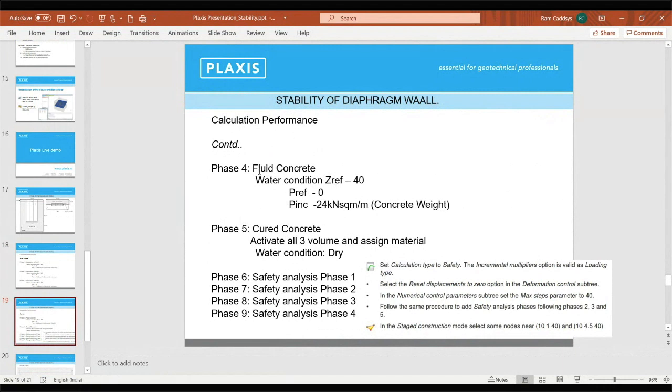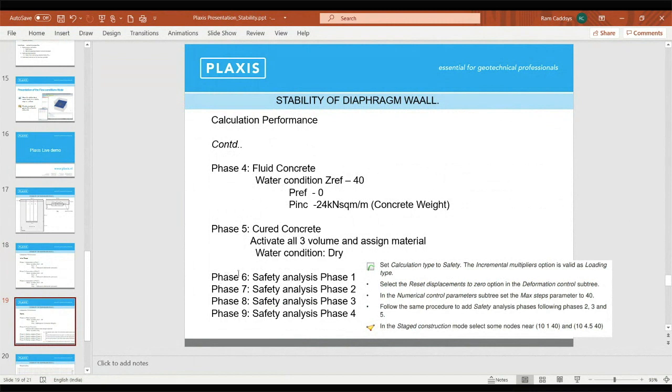It's fresh, green concrete, so it will only add weight, because it will not hold any stiffness. It's a fluid concrete. After the setting time, we activate the concrete body. So this is phase 5. Up to phase 5, we are going to make the construction.